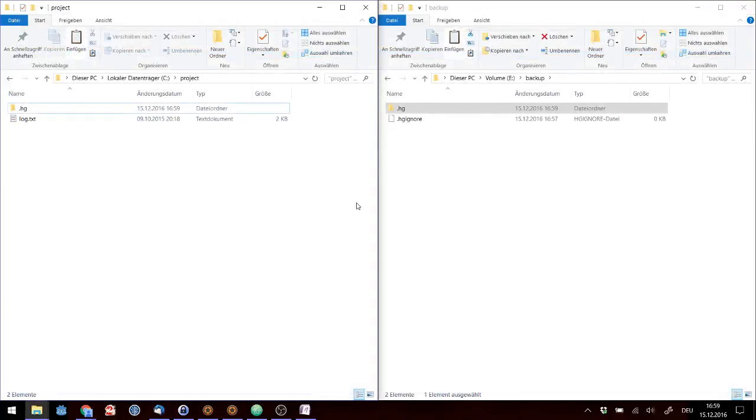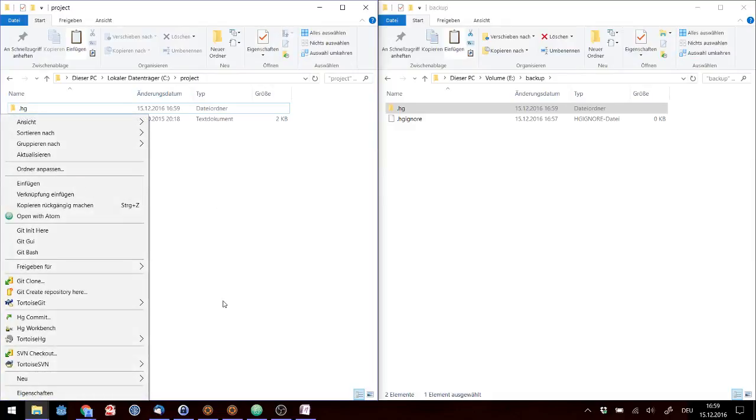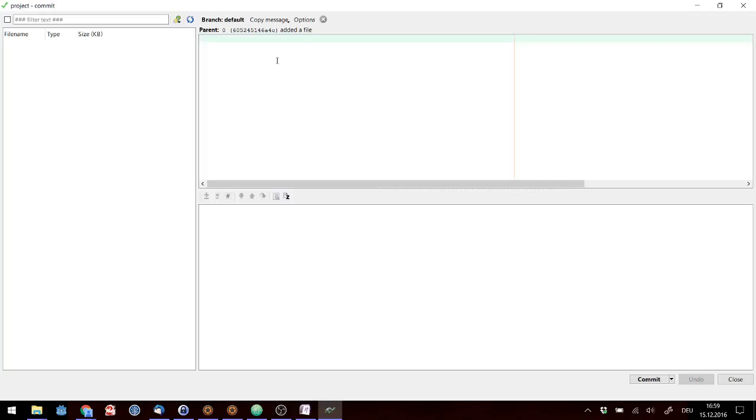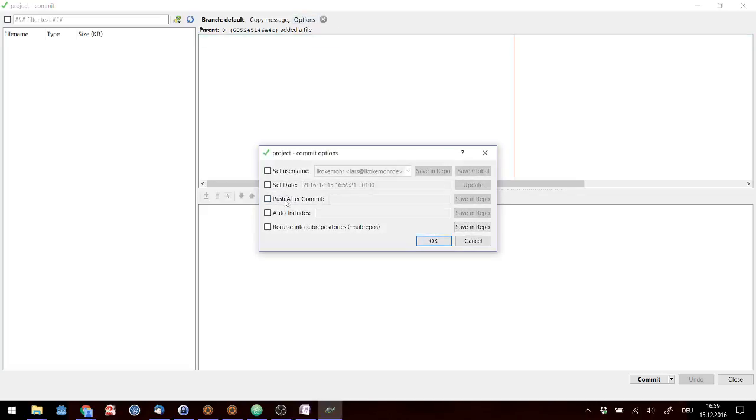That last step is a little awkward. We can make it easier. Just right-click into your project folder and select hg commit, just like you did when you saved the first files. And there at the top is a button called Options. Click it, select Push After Commit, and then you just have to enter the location where the changes are to